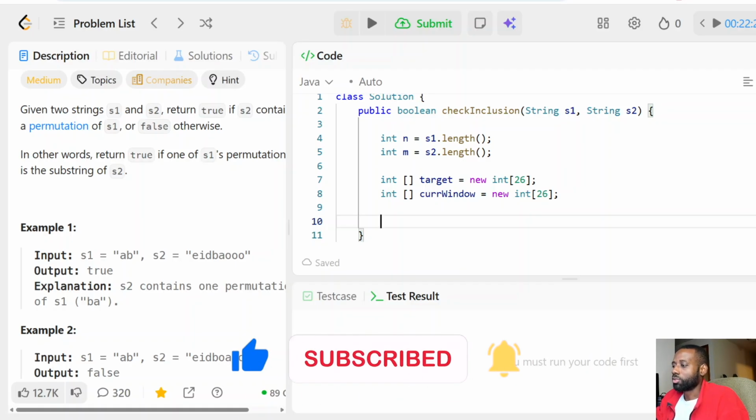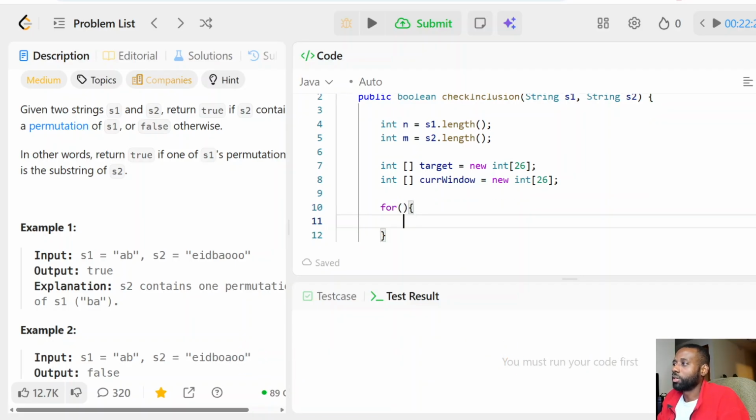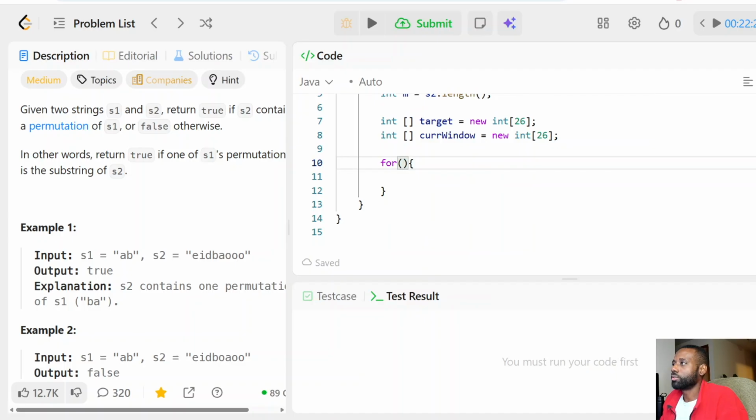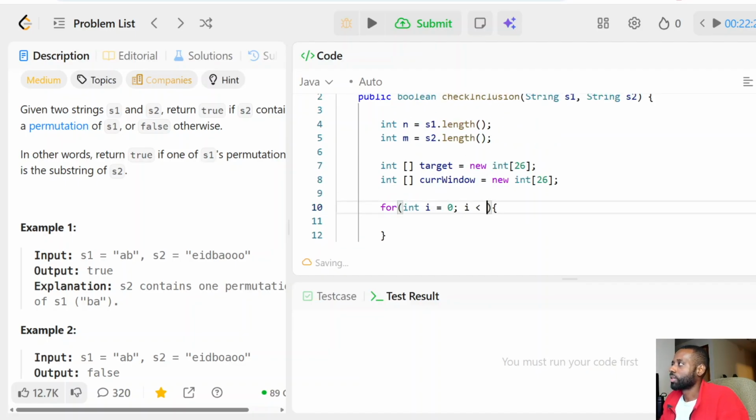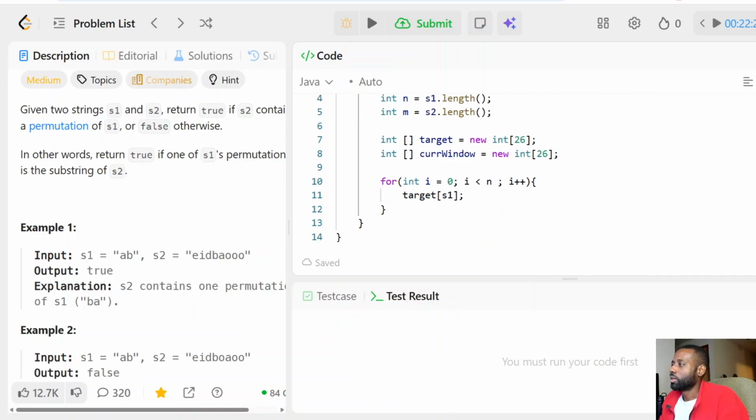Okay, so what we're going to do is go ahead and populate our maps right away. What I'm thinking we need to do is similar to how we did the other problem. So for i less than n, i plus plus. Our target, we'll create that. So what we need to do is s1. This is our target, the one that we want to match. So s1.charAt, that particular character,